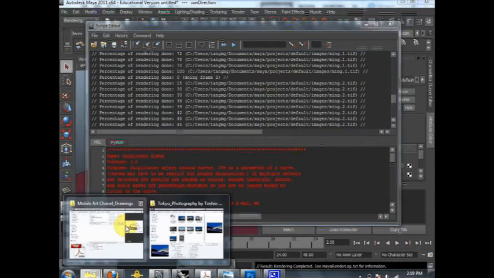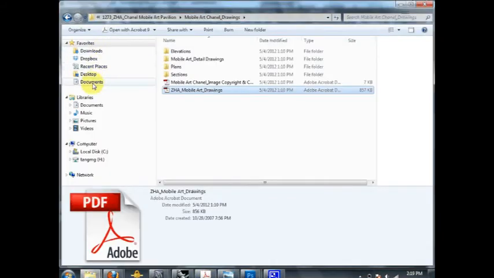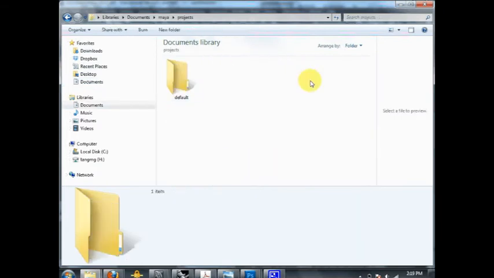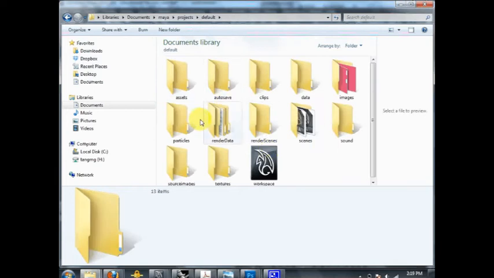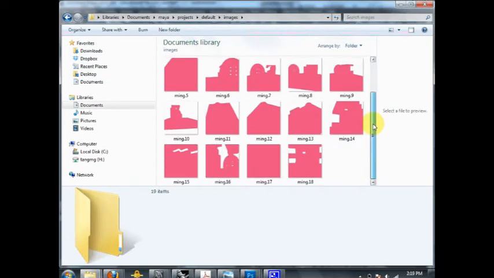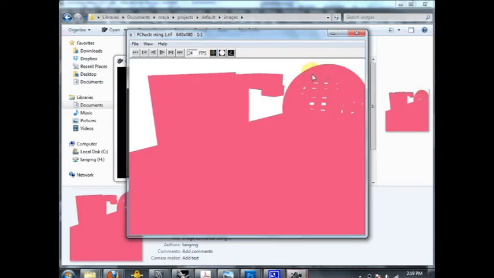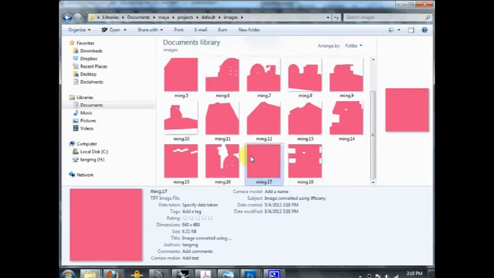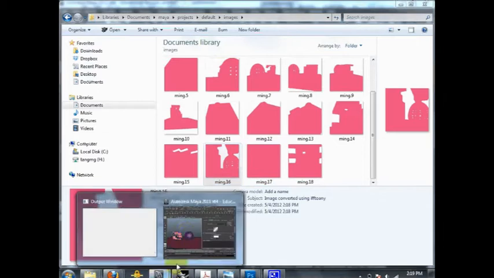Okay. So in my documents, I need to find how to get to my documents. Maya, project, default, images. Interesting. Why is it like that? That's strange, huh? It might be because something is wrong with